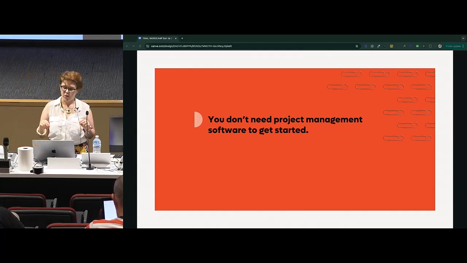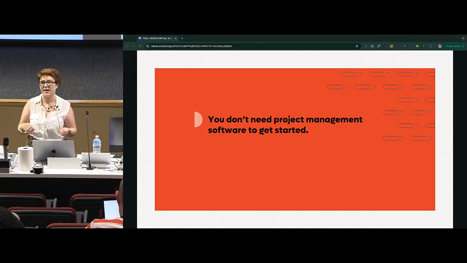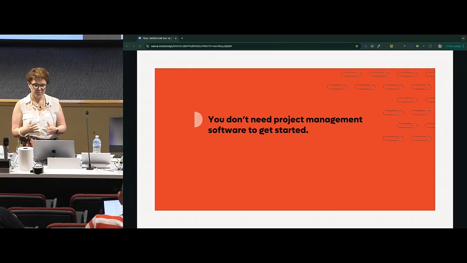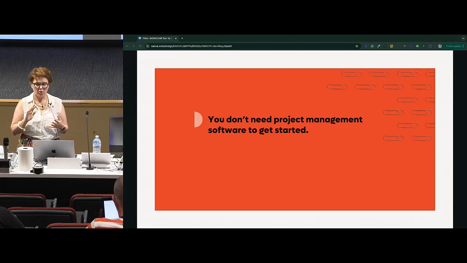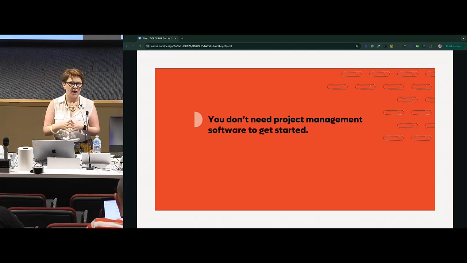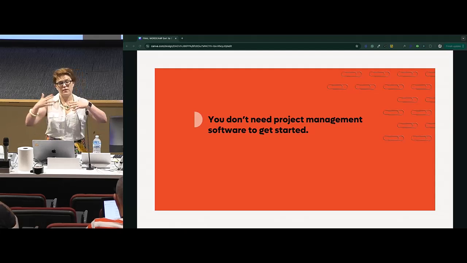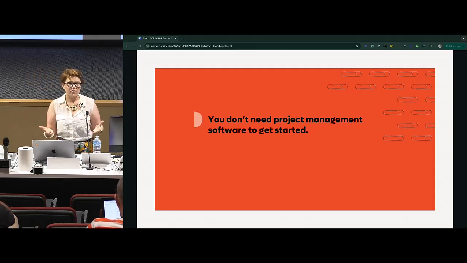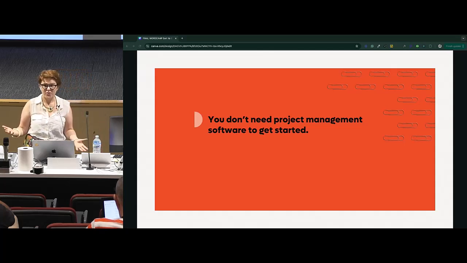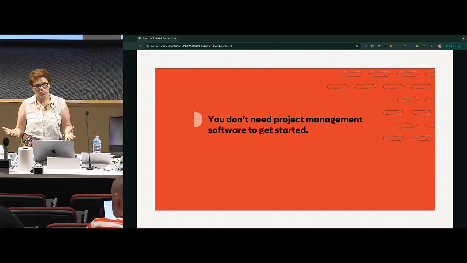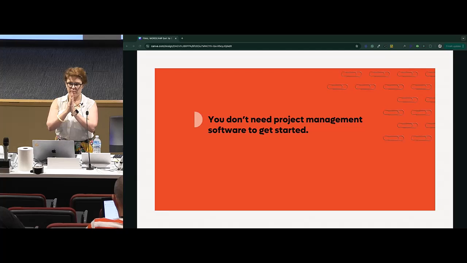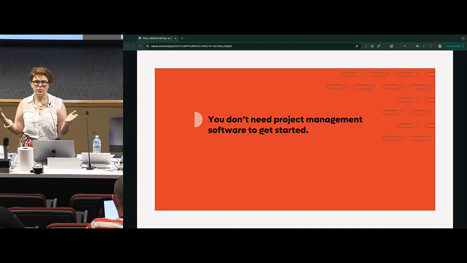One of the biggest roadblocks I see a lot of people have, and I certainly had when I first started mapping out my systems and processes, was I felt like I needed a project management tool like Dubsado or Plutio or Moxie or Asana to get started. Then you go down this rabbit hole of comparing functionality and costs. You might decide on a tool and buy it, and then it might sit there for a year or two while you're waiting to implement it. Or when you actually do start implementing it, you've decided on this tool without comparing it to your systems and processes, so you're just trying to make a square peg fit into a round hole.